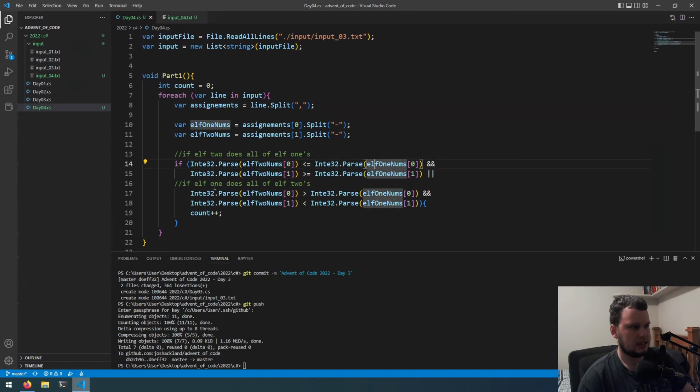But then it's also checking the other way around, if the first elf2 number is greater than elf1's and the second one is less than or equal as well. Actually no, the equals is already covered in the first one. Okay, so